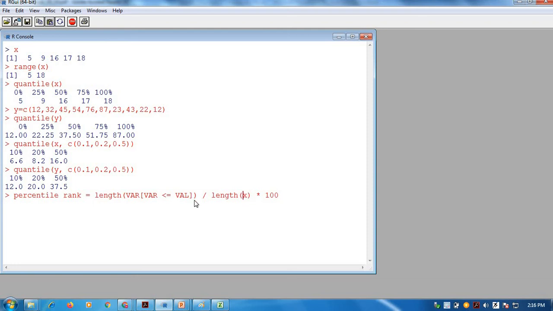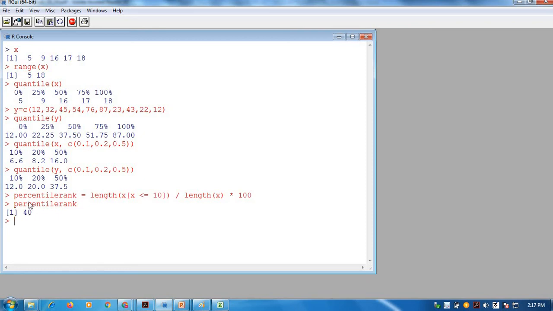Then I am writing here the value which belongs to which percentile. Suppose I am giving here 10, and so all the X values which are less than or equal to 10. Now this type of naming is not allowed in R, so I am just combining these two. Now there is no error, that means it is calculated. Now to get this value we have to just print the value of percentile rank. So it is giving 40.